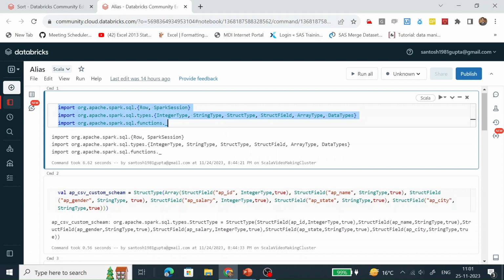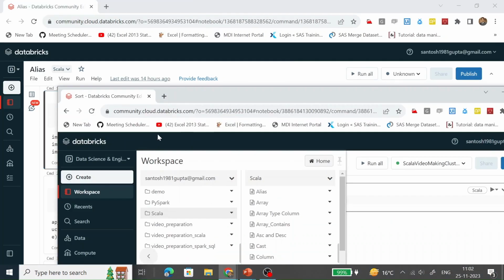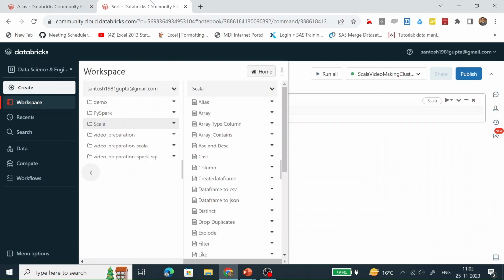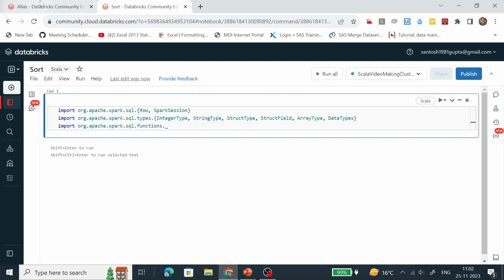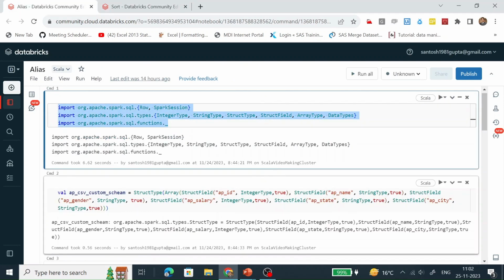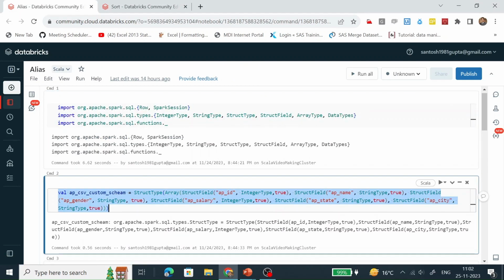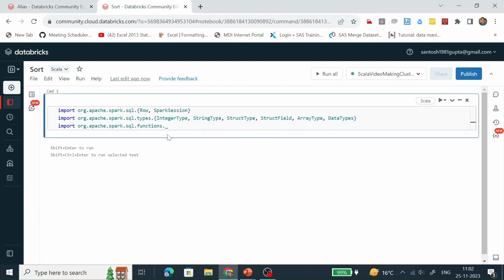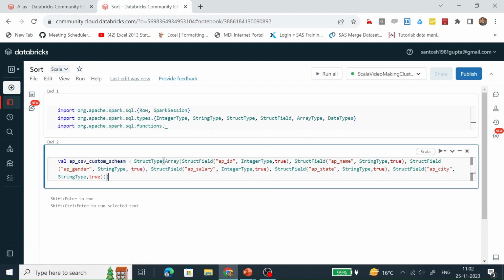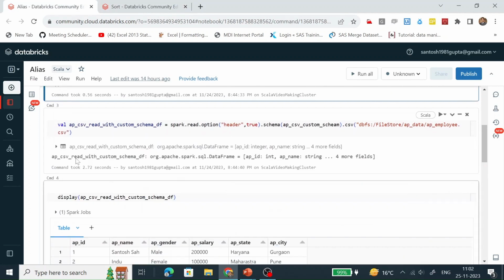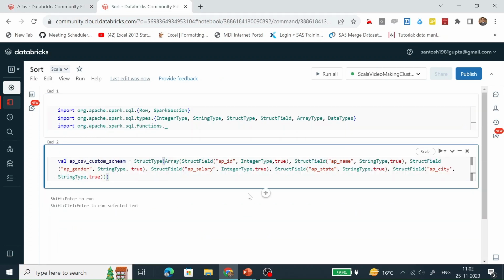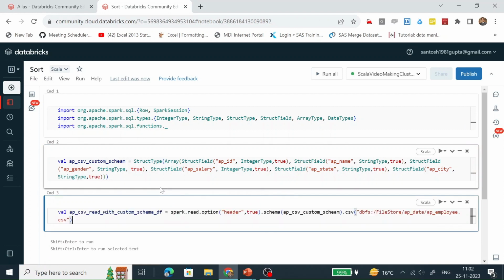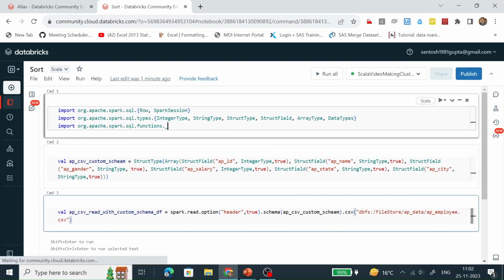This code will import all the required libraries. This will create the custom schema, and this will read a CSV file and create a data frame. Run it.